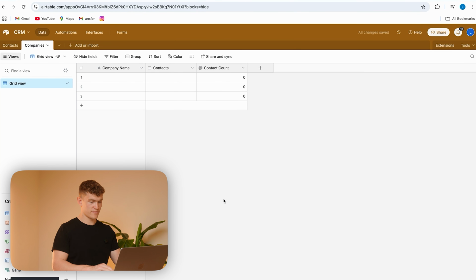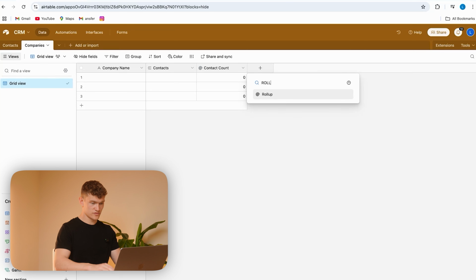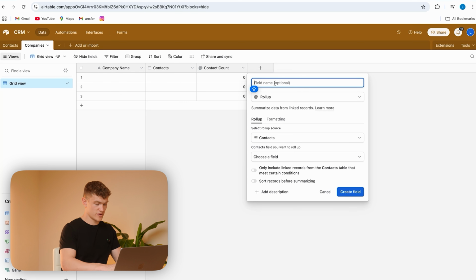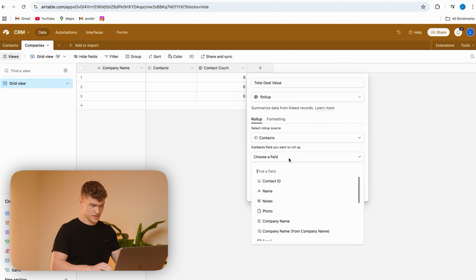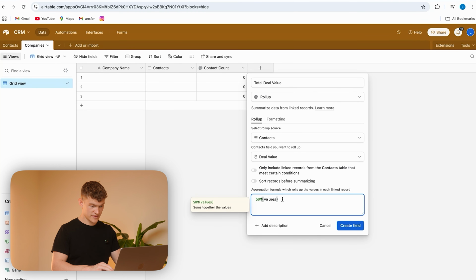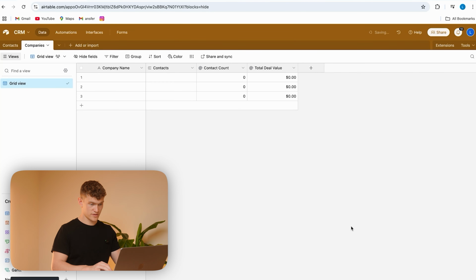Create that field, great. And then another roll up value. What we're doing basically is, this is basically a formula for adding up all of the columns. So here we're going to do total deal value. This one is going to be from contacts, and we're going to select deal value here. And then, yeah, this one is going to be the sum of the values. Great, so if we add that,